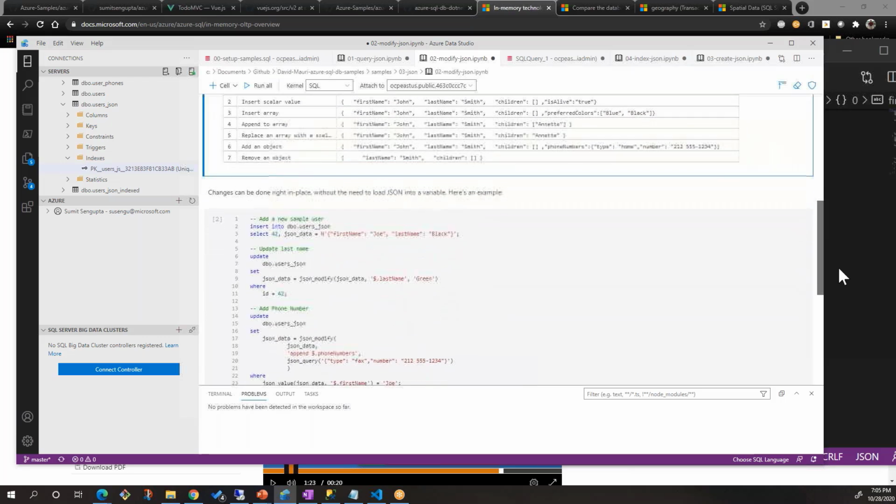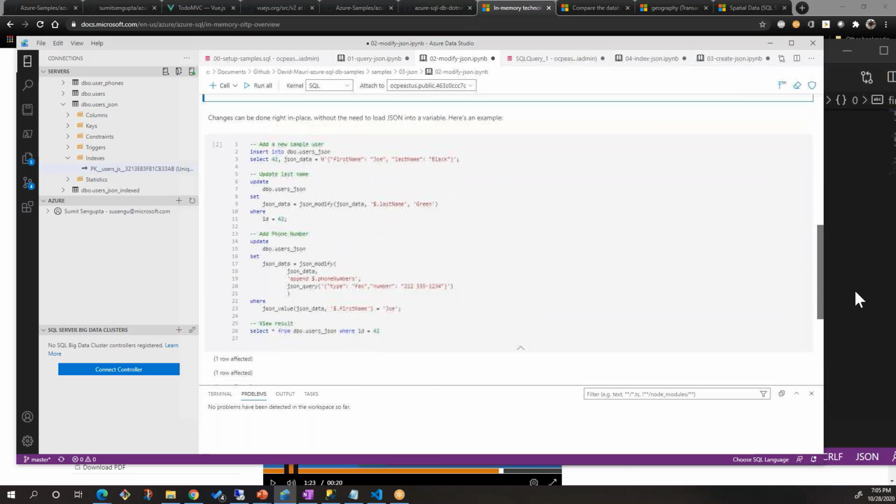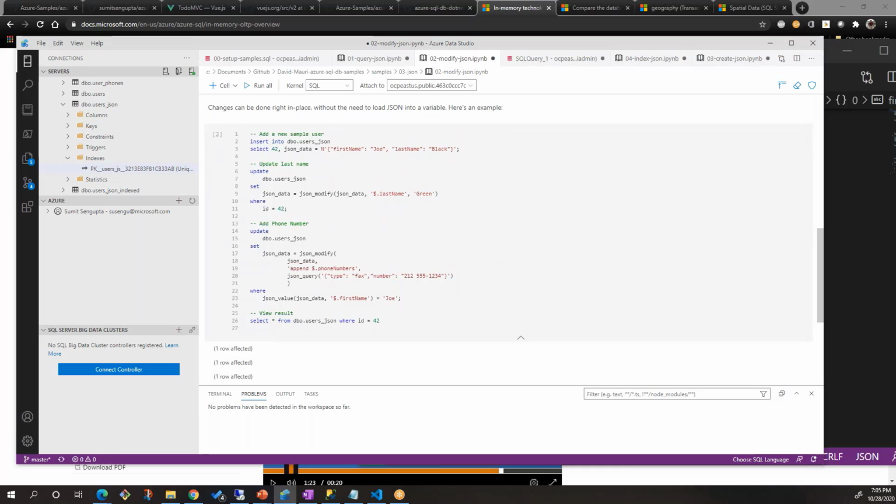Okay, changes can be done right in place without the need to load JSON into a variable. So in this example, we don't need to load the JSON into a variable if we would like to change it. We add a simple user, Joe Black, as a new user being added. We're updating the last name, modifying the name from Black to Green.